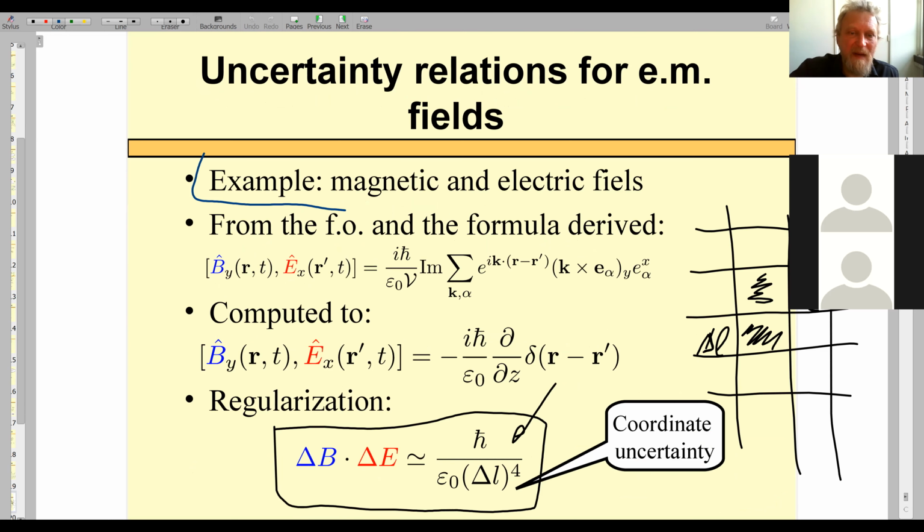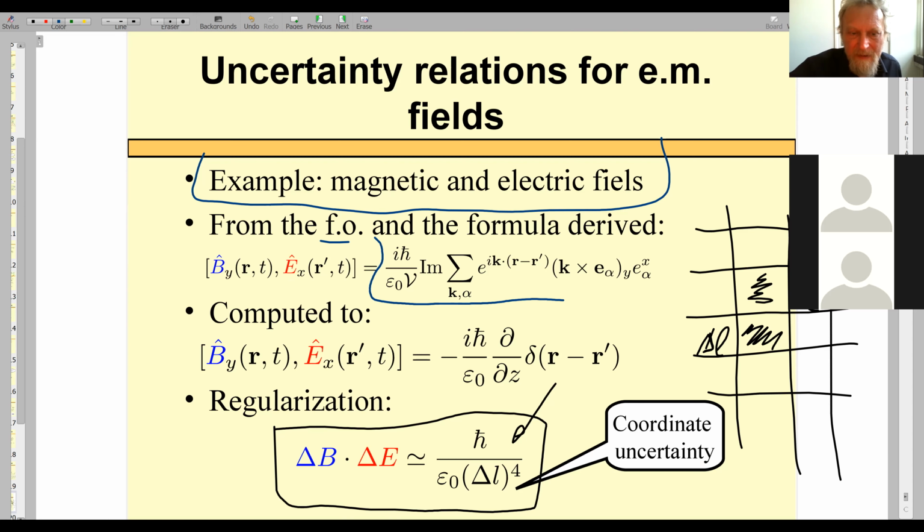Let's take the magnetic and electric field as an example. We need expressions for field operators. We have them. So we apply the formula which we just derived, and that's what we got